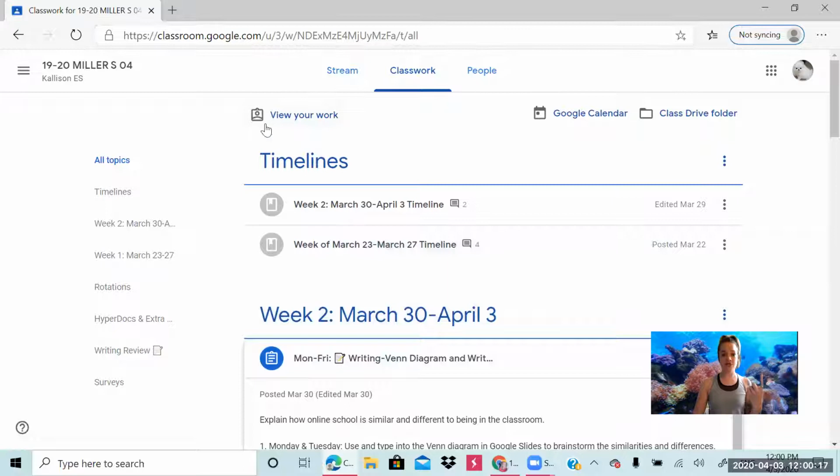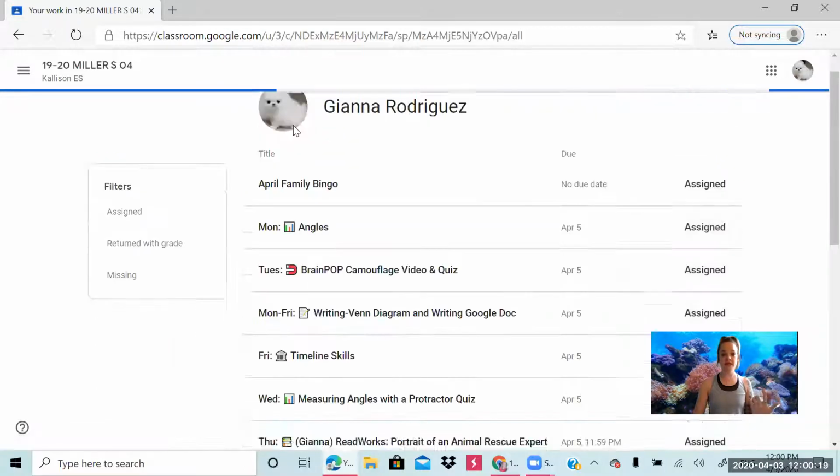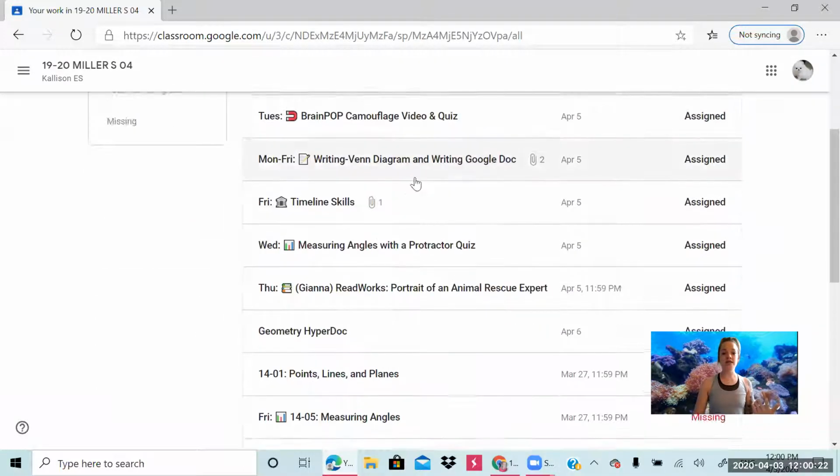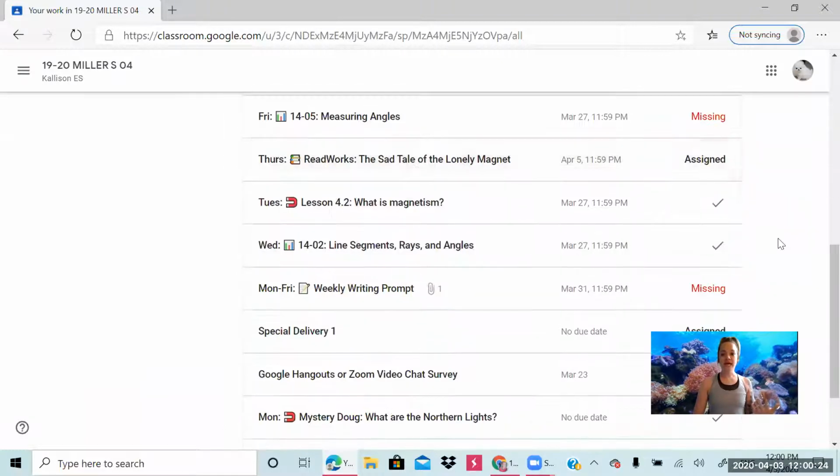very top of Google Classroom, right here, there's a View Your Work button. And here you can see all the work that has been assigned, okay? And then if it has checks, that means that I have seen it and I have returned it to the student. I've given it a grade or I've checked to make sure it's been completed and I've returned it back